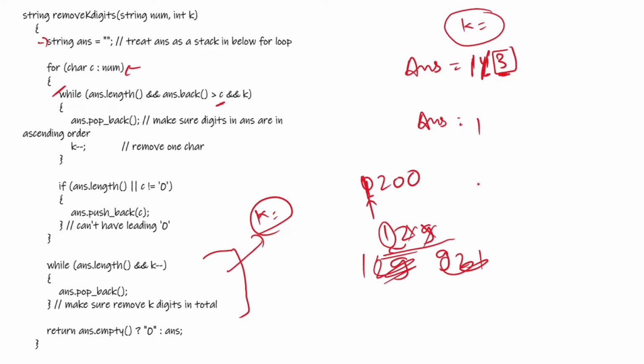And what will the time complexity be? As you can clearly see, we are using a single loop here, so the time complexity will be O(n). For space complexity, we are using this answer string, but we are returning this answer, so we are not using any extra space, and you can say the space complexity is O(1).